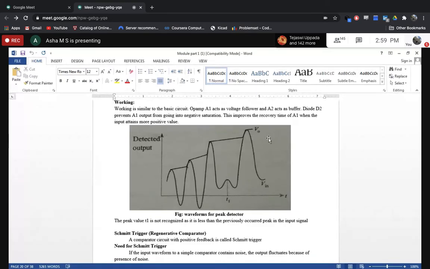Now for the third time, again the highest peak is detected. But for the fourth time, the peak at timestamp t1 is less than the highest peak value we have detected so far, right? Our objective is to find the highest peak value. That's why that peak at t1 is just neglected. So V naught is the highest peak for this particular input. That will be detected, and that is the output of this circuit.